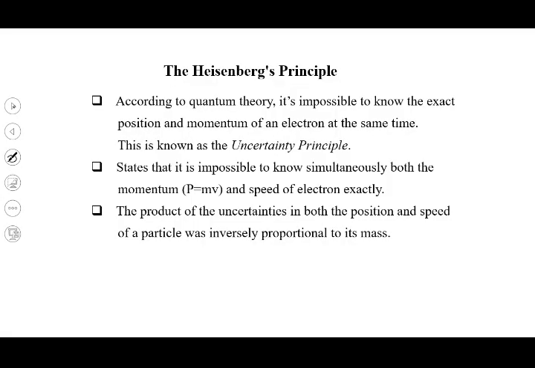Therefore, the Heisenberg's uncertainty principle states that it is impossible to know simultaneously both the momentum and speed of an electron exactly. The products of the uncertainties in both the position and the speed of a particle are inversely proportional to